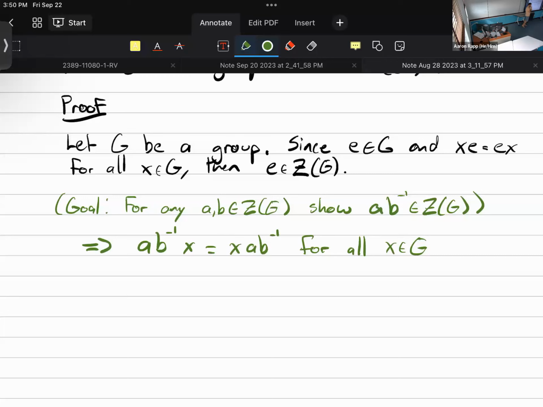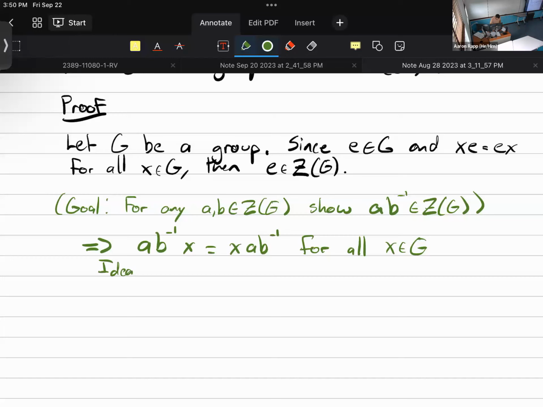Can I do anything with B inverse? Can I commute B inverse? No. It's weird though. I do know B inverse commutes with at least one thing, or two things technically: the identity element and what else? B. And technically also itself, B inverse. Because if I go back to my definition of an inverse, B times B inverse, or B inverse times B, is equal to the identity element. So you get that B inverse B is the same thing as B B inverse, and flip it.